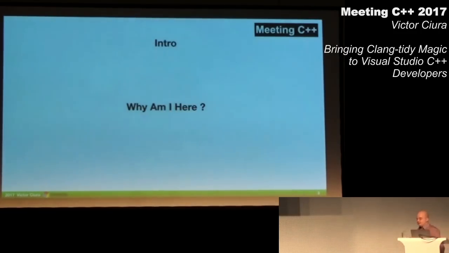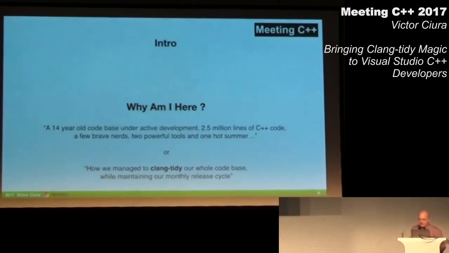Why am I here? Well, the subtitle for my talk would be: 14-year-old code base under active development, 2.5 million lines of C++ code, a few brave nerds, 2 powerful tools and 1 hot summer, or how we managed to clang-tidy our whole code base while still maintaining our release cycle. So if this is something of interest to you, and I'm guessing it is since you're here, this talk is